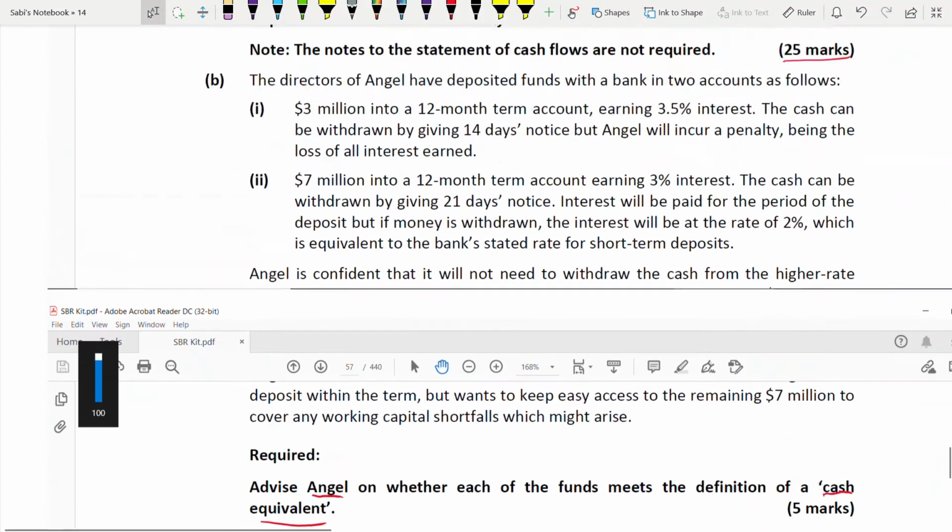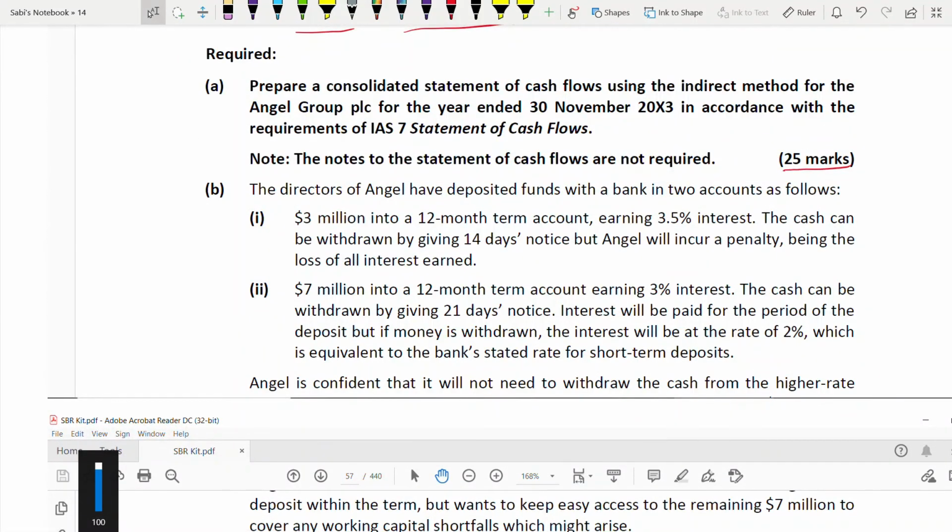So let us read. Okay, 3 million into a 12-month term account earning 3.5% interest. The cash can be withdrawn by giving 40 days' notice, but Angel will incur a penalty, being the loss of all the interest earned. That's like a significant risk, isn't it? And also they didn't say anything about maturity. It's a 12-month